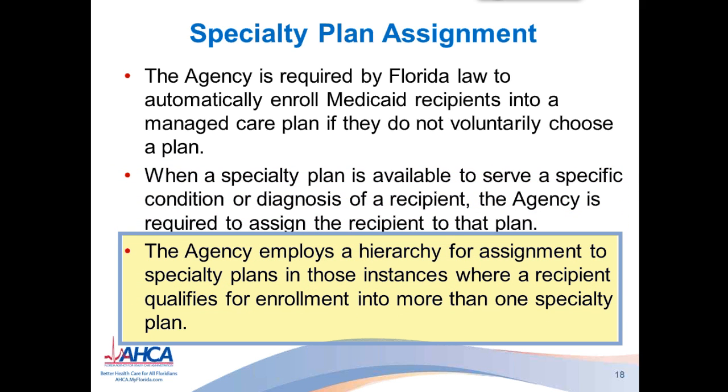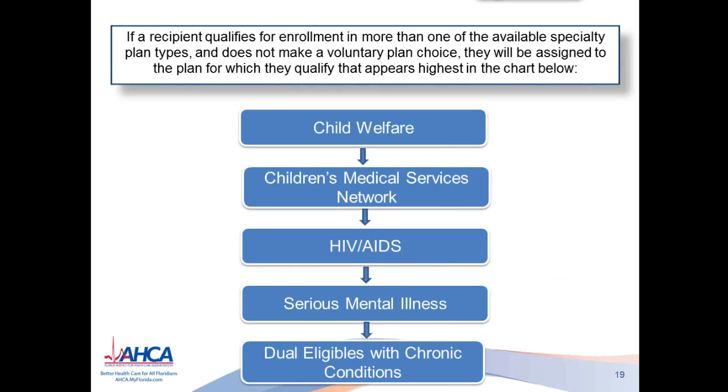The agency employs a hierarchy for assignment to specialty plans in those instances where a recipient qualifies for enrollment into more than one specialty plan. This is the hierarchy for assignment of specialty plans. If a recipient qualifies for enrollment in more than one of the available specialty plans and does not make a voluntary choice, they'll be assigned to the plan for which they qualify that appears highest in this chart, beginning with